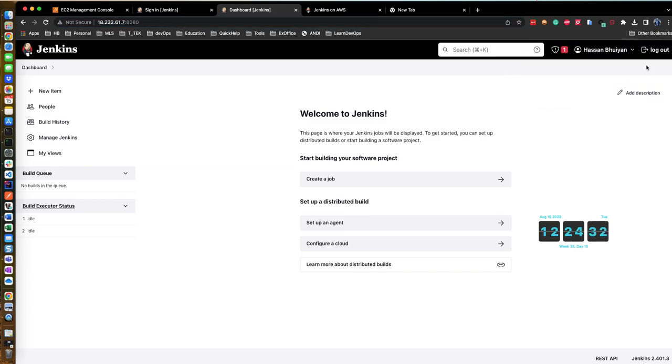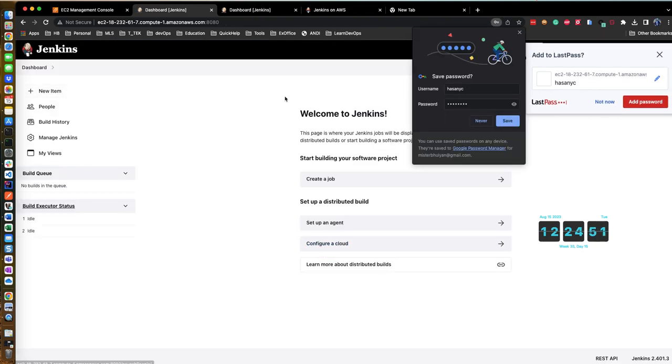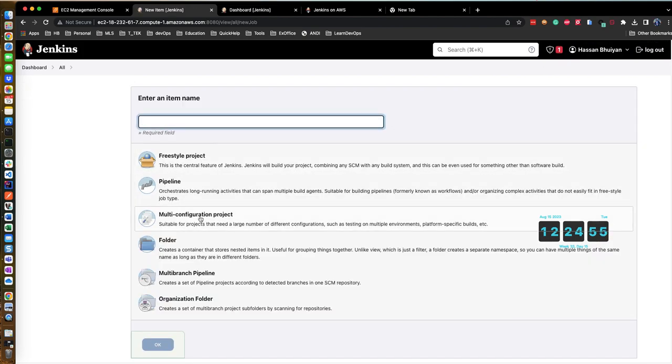So if I sign out or log out, I can put my credentials, which was username HassanYC and then password test123. I can sign in. I can use the long URL, do the same thing, right? Password is test1234, log in, and then I can start creating my own project, right? Which you guys already know. But the scope for this video is just how to spin up the Jenkins